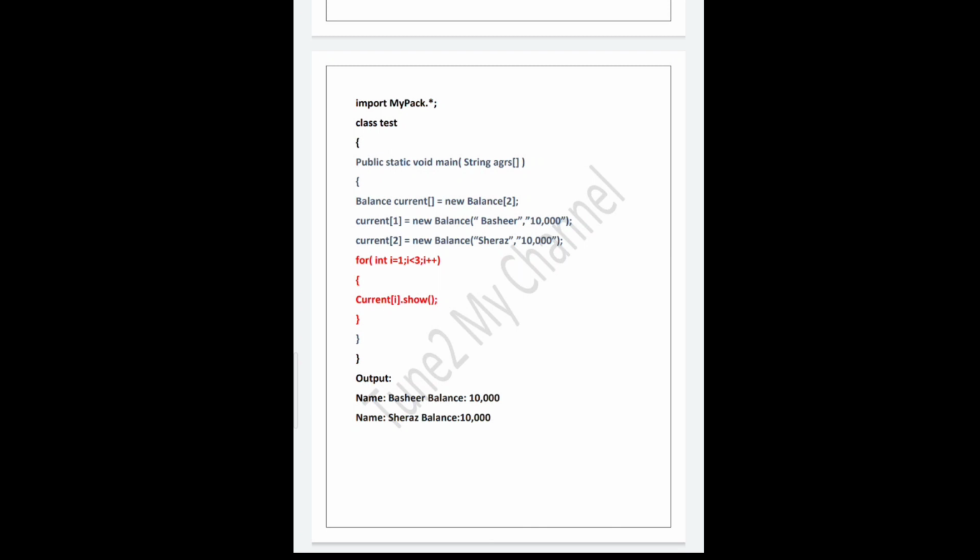Here the loop executes for values ranging between 1 and 3. So it will execute for 1 and for 2 but not for 3, and the for loop then terminates. Let's terminate the main method and main method class by closing the curly brackets. I hope you understood user defined packages in detail.